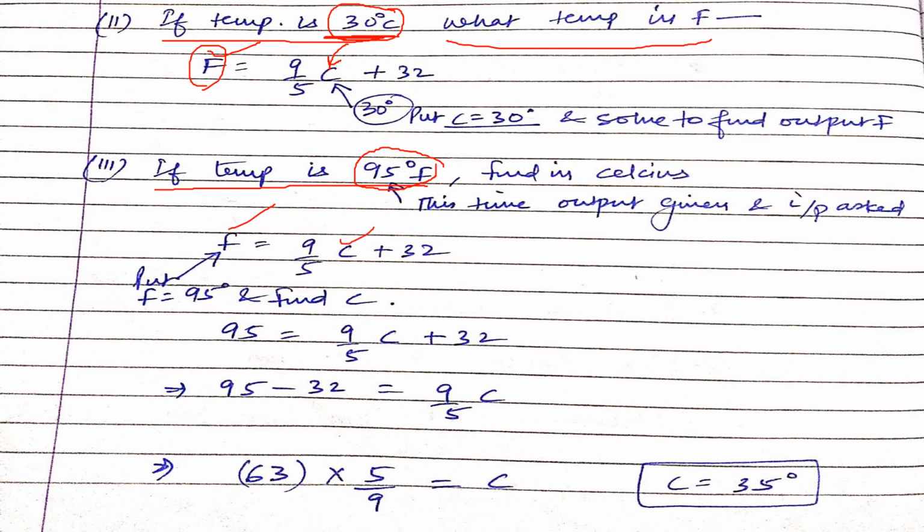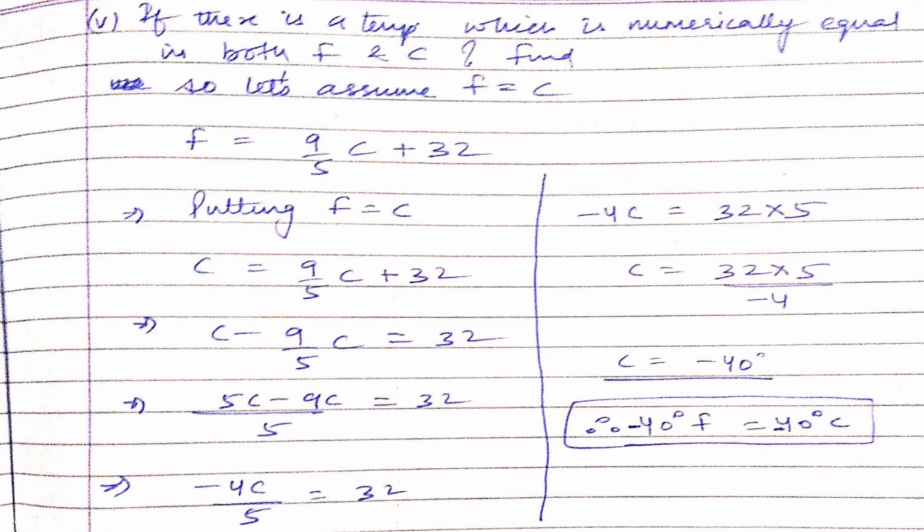Very simple. Suppose that example that we have taken in Zoom class, someone gives you a juice and asks from which fruit this juice was made. So you have to find the input which was used to make this juice. Okay, very simple. You can try. I have found it over here, but try to do it on your own. Now I've taken the fifth part. Fourth part is simple. You can try on your own. This is a little bit of a thinking question.